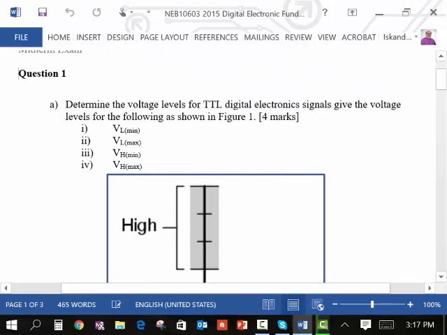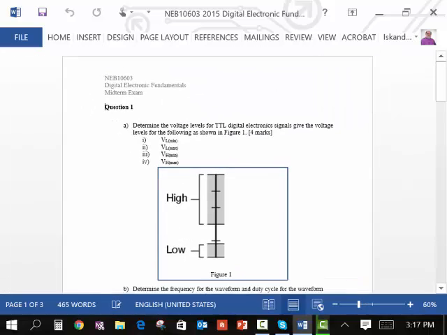All right, the first question is determine the voltage levels. This is standard TTL levels. So when we look at this right here,